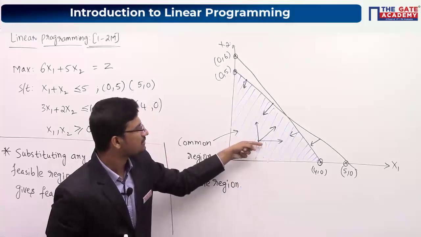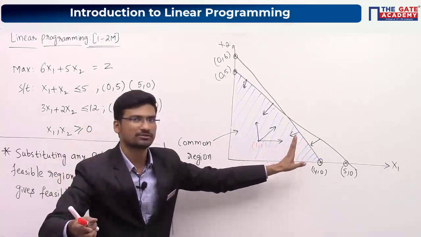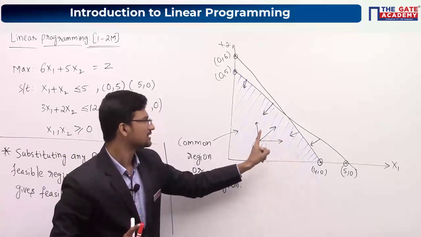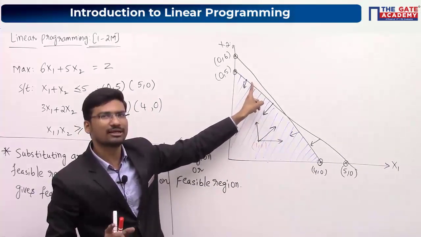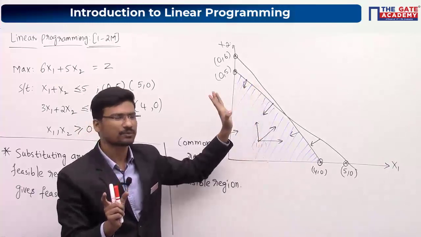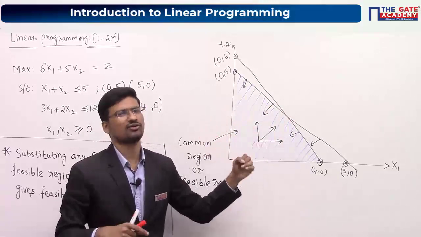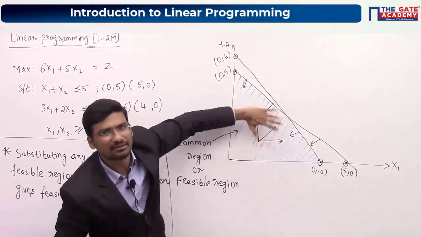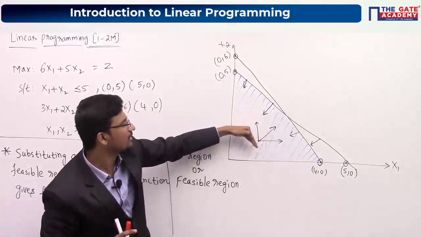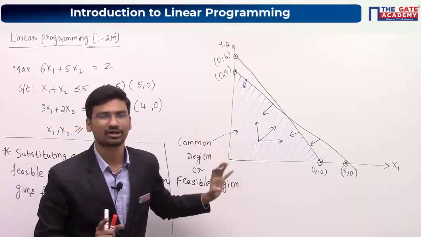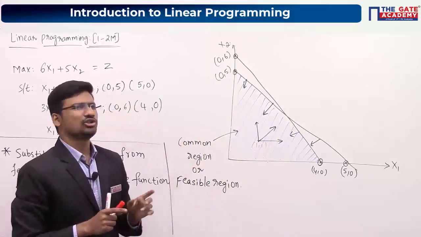Up to which point can I move? I can reach the boundary. I cannot go beyond the boundary because we would be moving outside the feasible region. Similarly, whenever you are moving like this also, you can reach up to the boundary. Definitely at the boundary, you will be getting a value which is greater than this particular value. Similarly, moving like this, you will reach the boundary only. Now this is a maximization problem, that's why we are moving in this direction, trying to maximize the objective function. If it is a minimization problem, we will be moving downwards in this direction.